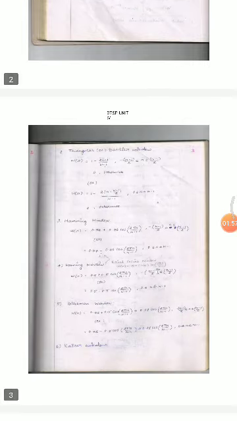What is a triangular window or Bartlett window? Means w of n is equal to 1 minus 2 modulus of n minus (N minus 1) divided by 2, divided by N minus 1, for 0 less than or equal to n less than or equal to N minus 1, 0 otherwise.